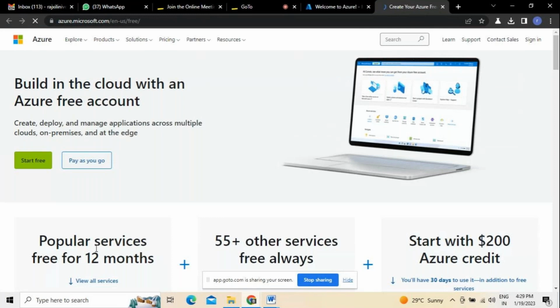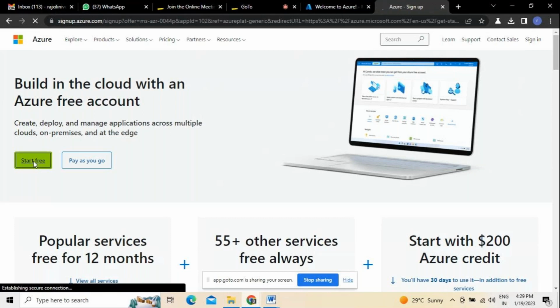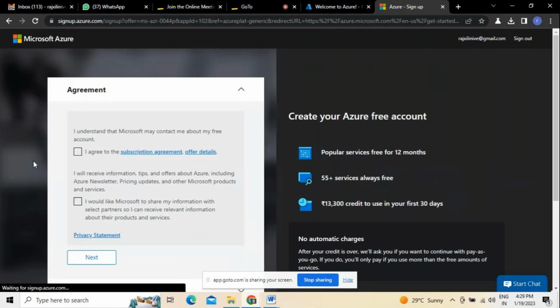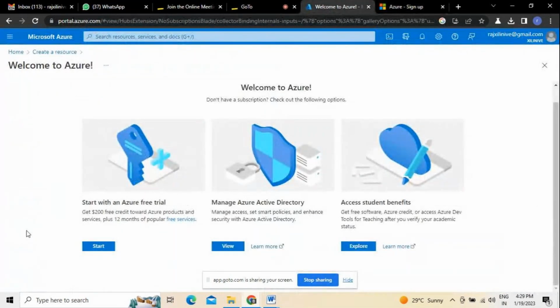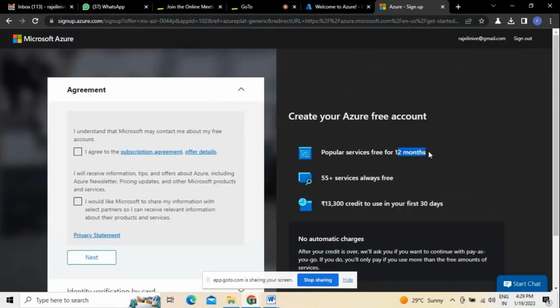This is how generally the trial version has to be used. If you want to have a trial version, as I told you, start free, where you can use different trial versions which are available here. We can use this sign up option, where we have to provide the necessary information, and everything can be used accordingly. Of course, this will be available for 12 months, because whatever free account we have will be valid for 12 months. But do remember, we need to provide some credit card information.